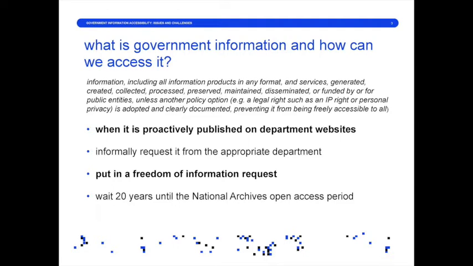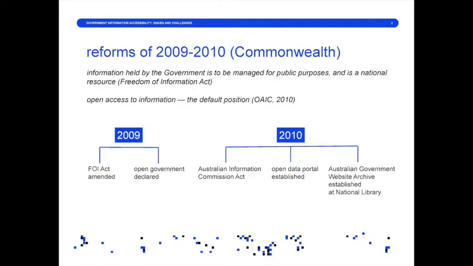All right. So I've got a tiny little case study that I will talk about dealing with what happens when you are looking for information that is proactively published. But before we do that, I wanted to tell you a little bit about the Commonwealth Freedom of Information, or government access, really. Freedom of Information, of course, started in 1982, but it was not until the 2009-2010 reforms. There were huge reforms that really made a big difference.